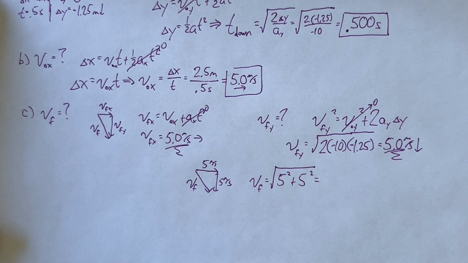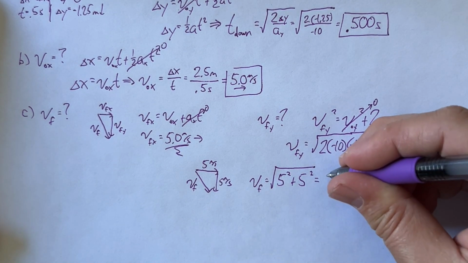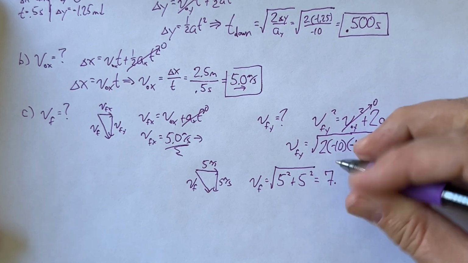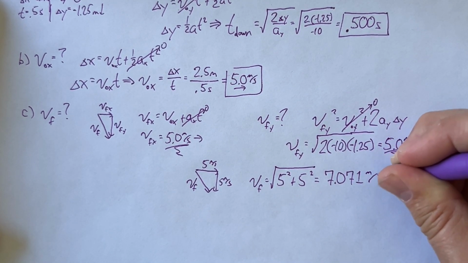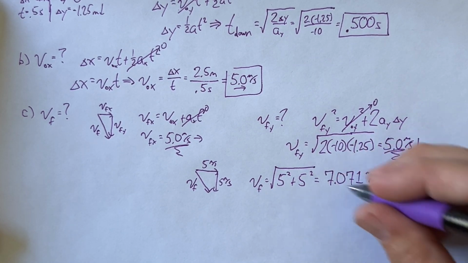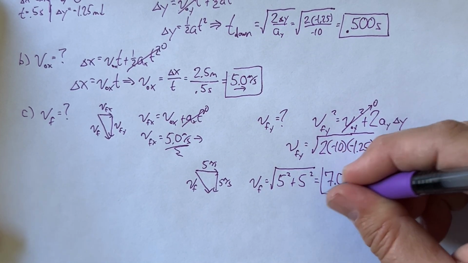And when we do that, we will find a combined velocity of about 7.071 meters per second. So 7.071 meters per second